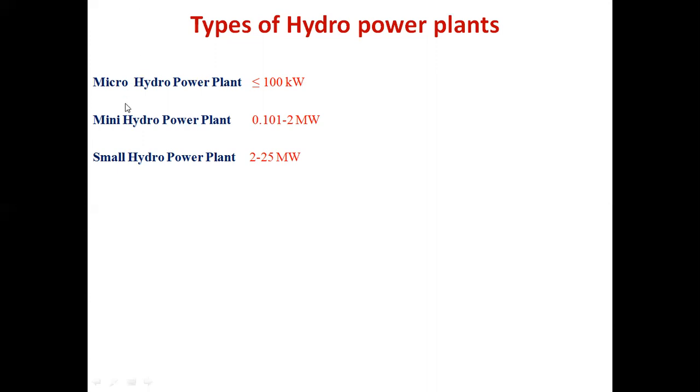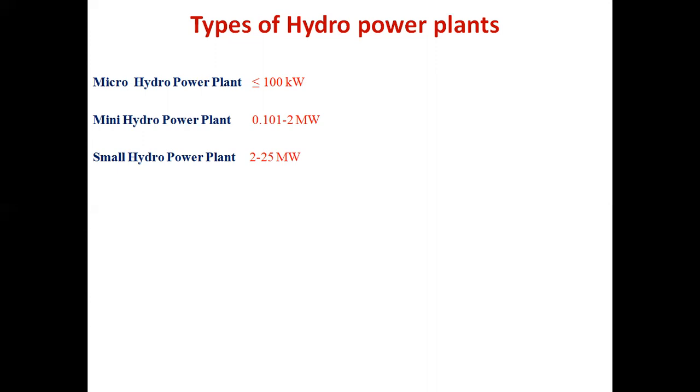So these three kinds of hydropower plants are concerned with renewable energy technology because these are constructed across a river which does not supply a sufficient amount of water throughout the year for generation of the power. Very large size hydropower plants are not considered as renewable energy system. So only these micro, mini, and small hydropower plants are the point of study as far as the subject renewable energy technology is concerned.